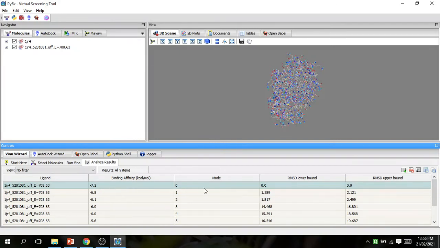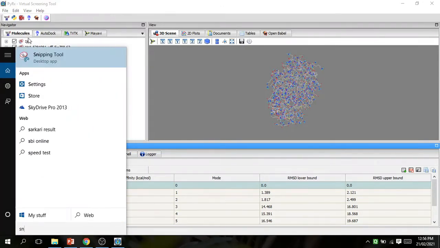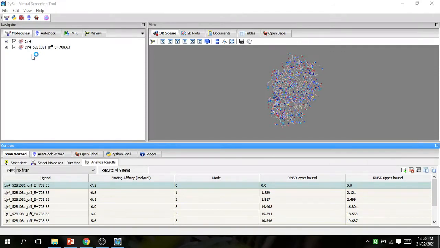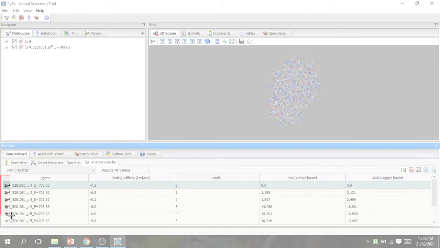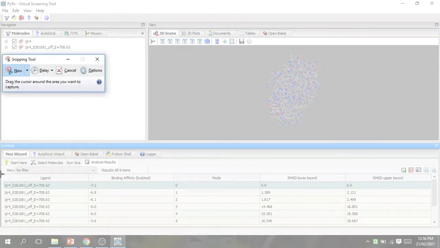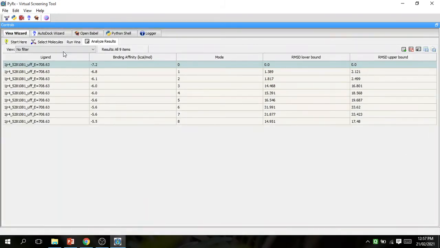You only need to select this first binding energy, where the RMSD, root mean square deviation, is 0, with -7.2. If you want an image of this binding energy, go to the snipping tool, select it, maximize. This is the full view.